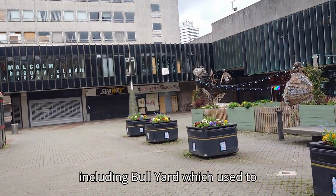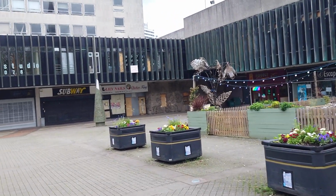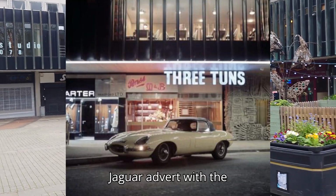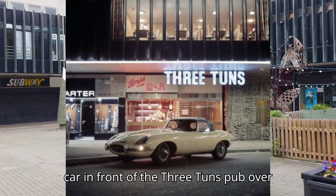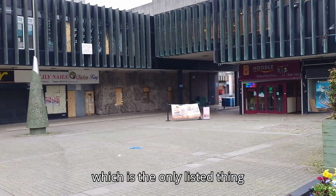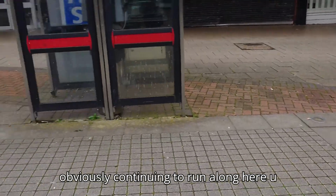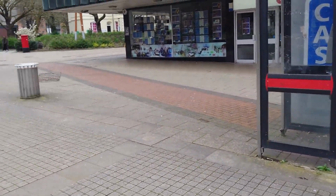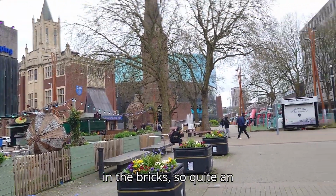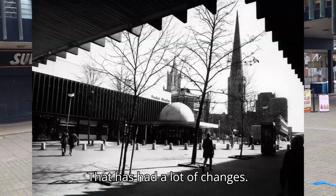demolished, including Bull Yard, which used to have a dual carriageway running round it, and you may know of the famous Jaguar advert with the car in front of the 3 Tons pub over there, and obviously 3 Tons mural, which is the only listed thing in this area. City Wall obviously continuing to run along here, under the pavement, and it's marked out in the bricks. So quite an historical intersection that has had a lot of changes,